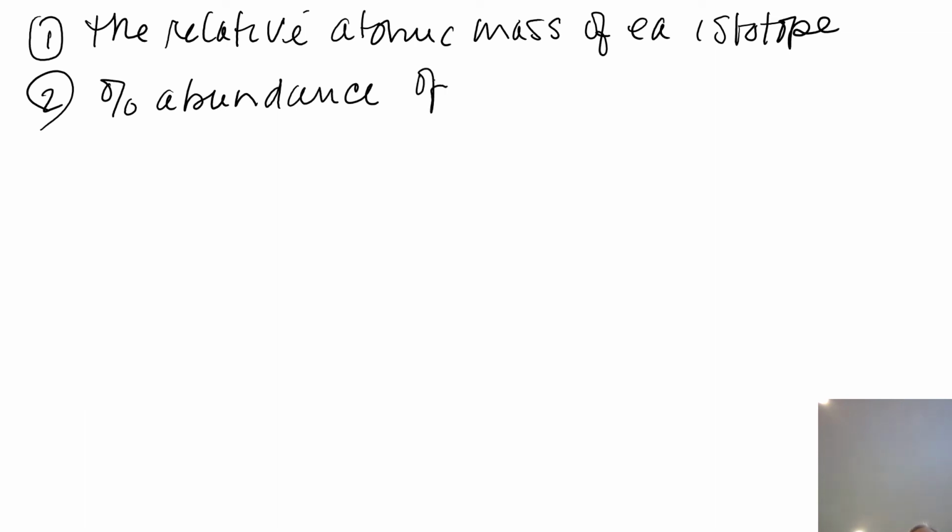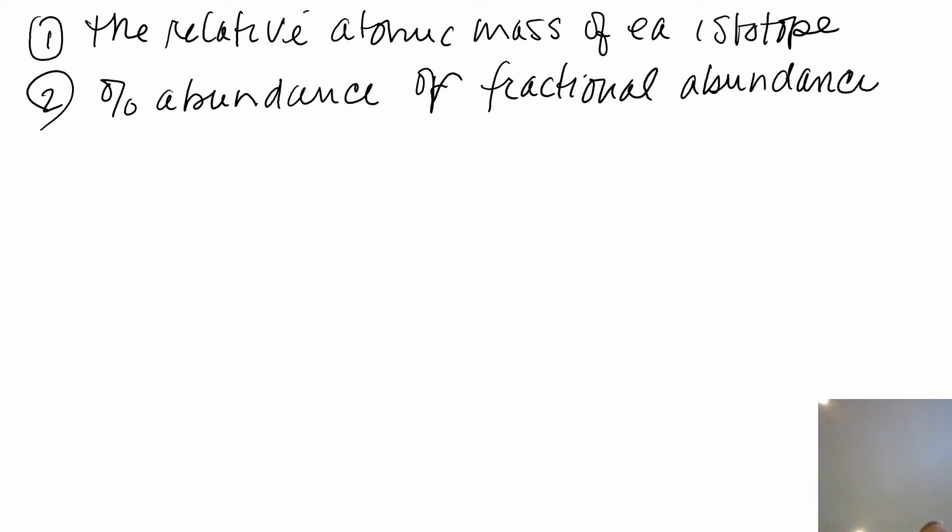Or fractional abundance. And that's what my method uses. Basically, that is just converting that percent to a decimal to do the calculation, okay? And a generic setup then for calculating average atomic mass